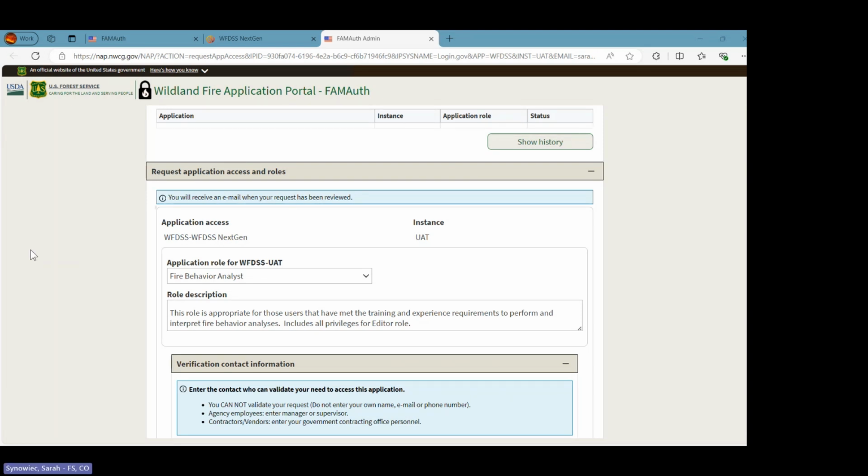The fire behavior analyst also has all the privileges that the editor would have. So they can manage incident content, they can add collaborators, they can start a decision, they can do all the things that an editor can do. And in addition, they can request or start analyses, respond to requests for analyses, and do all those things. They're also an implicit collaborator, so they don't have to specifically be added